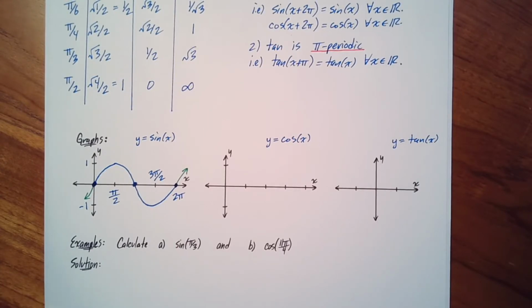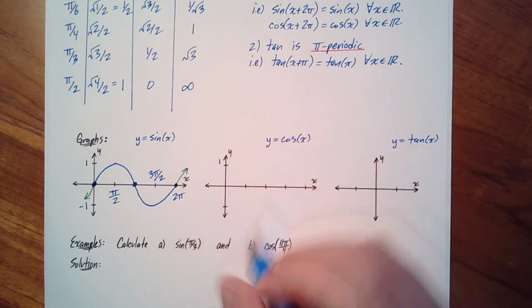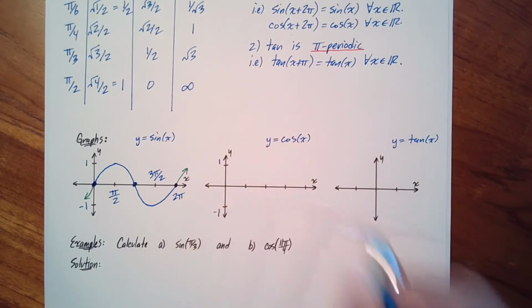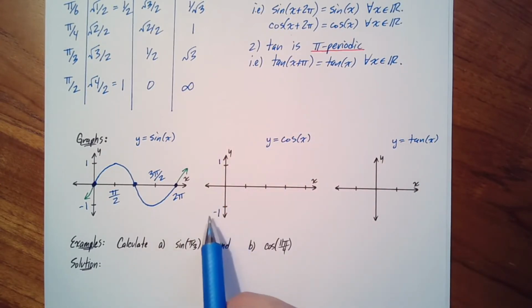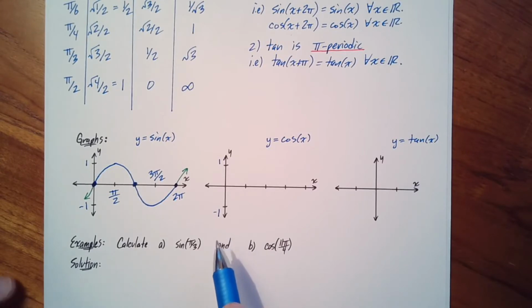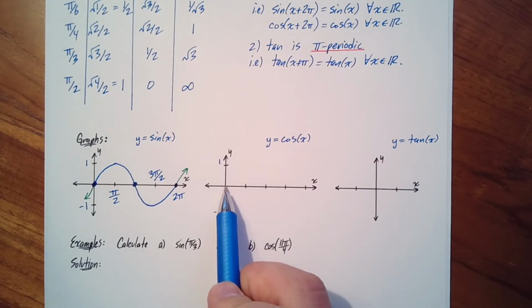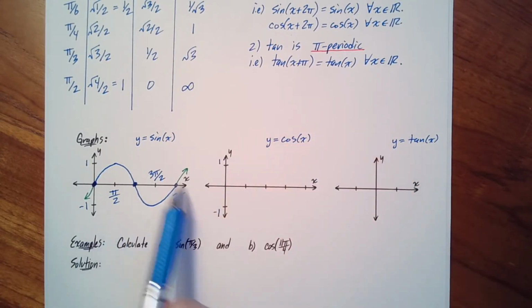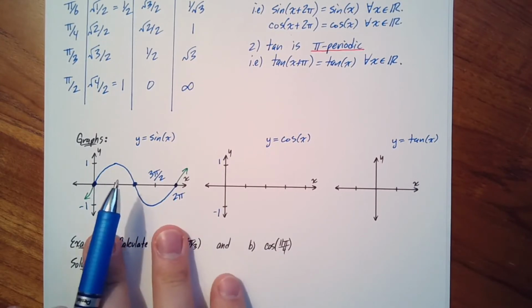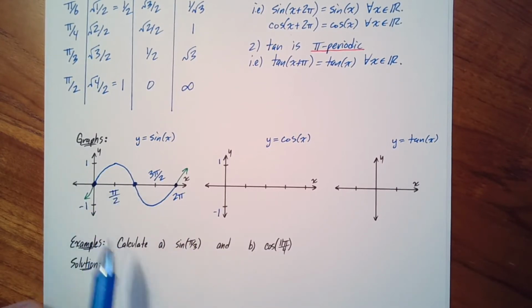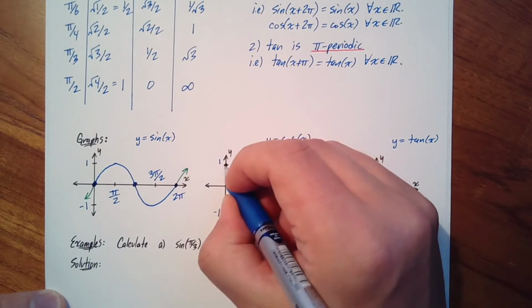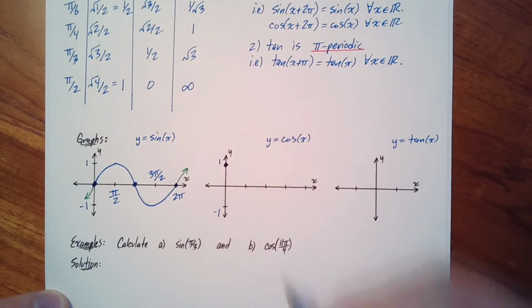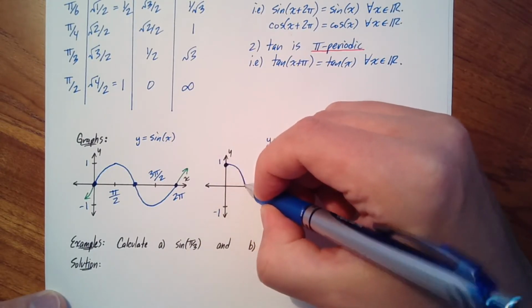And then for cosine, well, it also has a peak of 1 and a minimum peak or valley at -1 along the y-axis. But it doesn't start at the origin. It's basically the same thing as the sine wave, just shifted, everything's shifted over to the left by pi over 2. So it hits its peak right on the y-axis,